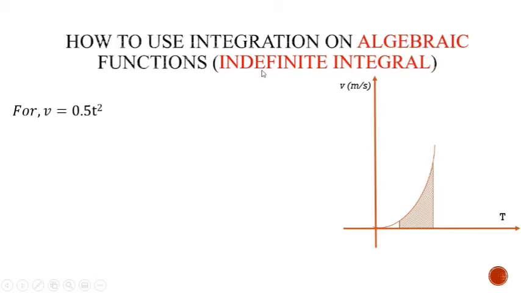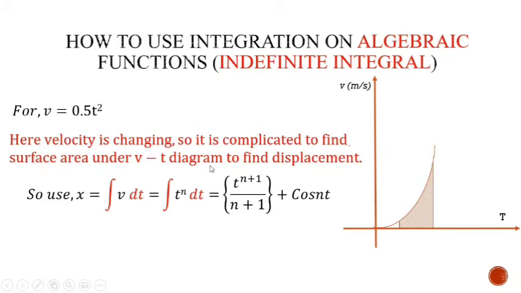So in case of an indefinite integral, suppose there are no limiting values provided to you, that is t1 and t2 are not there here. So in this case, the integration is written in this form. Power is increased by 1 and it is divided to the whole term. Plus a constant is written, and this constant is called the integral constant.